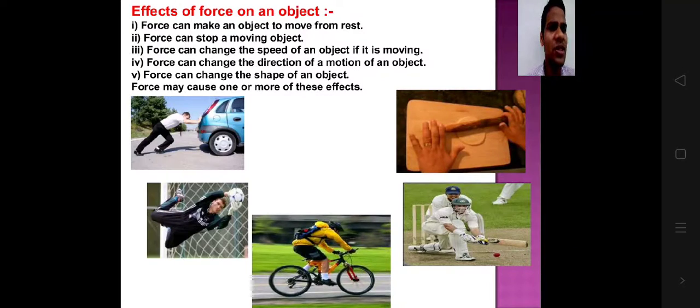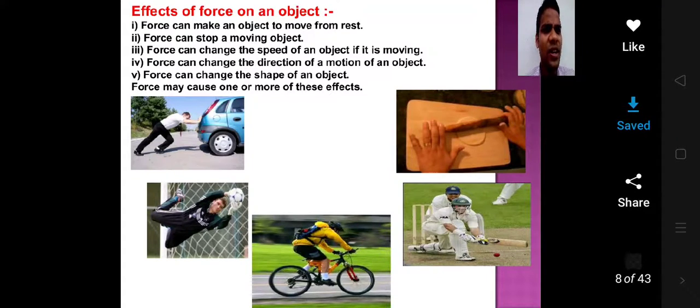Just try to understand. The object is actually in motion. Obviously it is in motion, but when we hit with the bat, what happens is the speed of the ball increases. Sometimes it may decrease also, but let us say we are trying to hit a sixer. What happens when we hit a sixer? The ball is coming with some speed and we are imparting more momentum to it, and the speed increases. And also there is change of direction. The ball is coming towards the wicket and we are altogether changing the direction with the help of the bat.